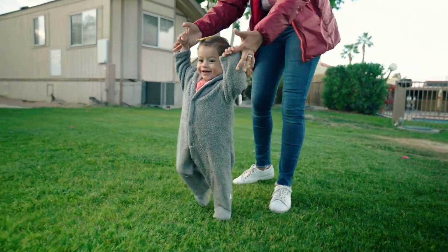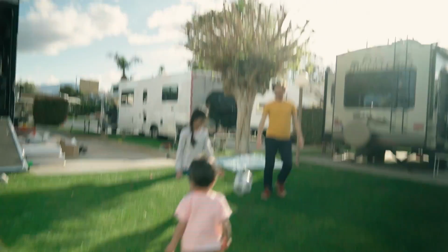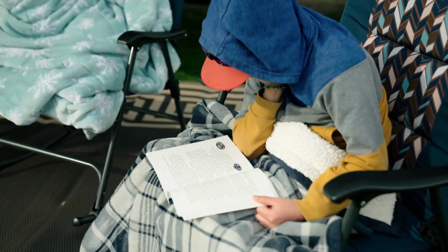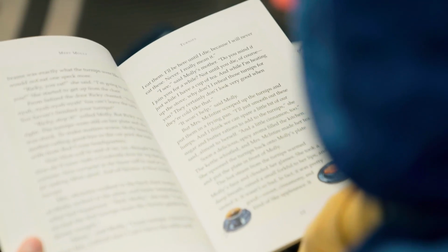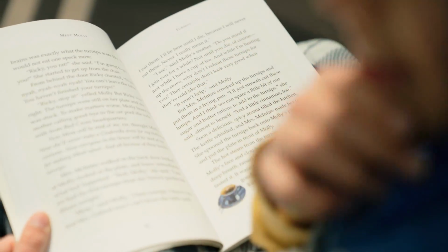And that made a big difference. It's really important to keep in mind that while active learning is absolutely important and necessary and also very possible in an RV, we have connections, we have a booster that allows us to access a signal so they could stay connected and read books. We download books all the time. All of that is wonderful, but it's also really important to remember that so much education happens while we're out